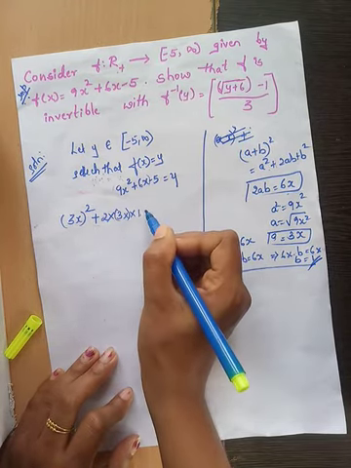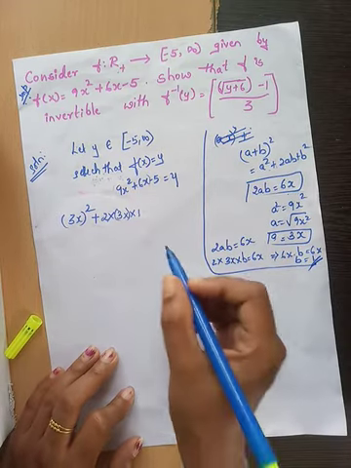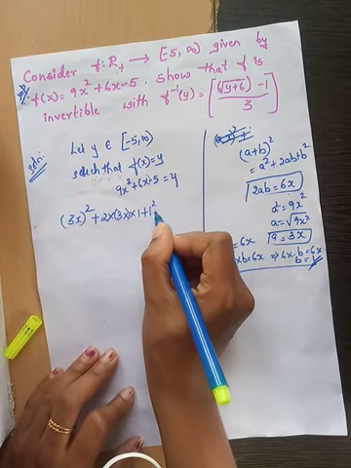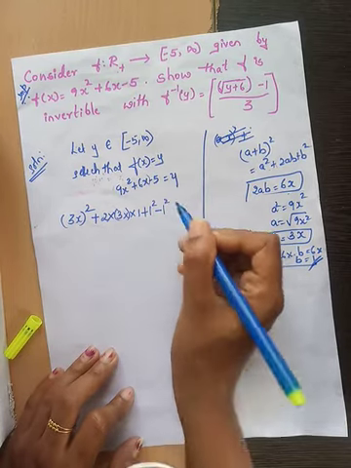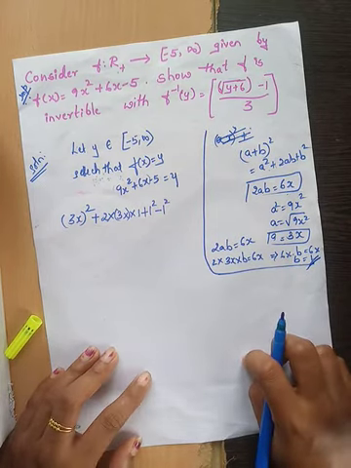So in this form, now since we know the value of b is equal to 1, what you have to do is add the square of b and subtract the square of b. Okay, you have to add the square of b and you have to subtract the square of b.